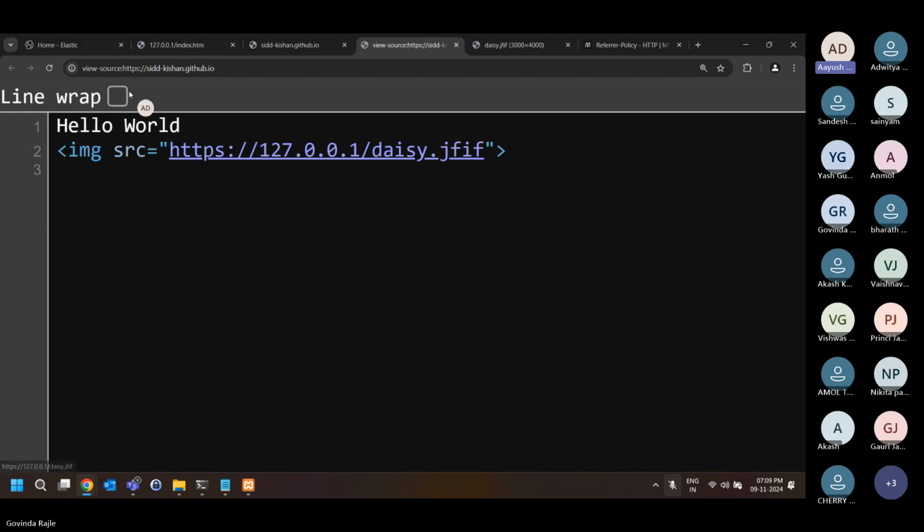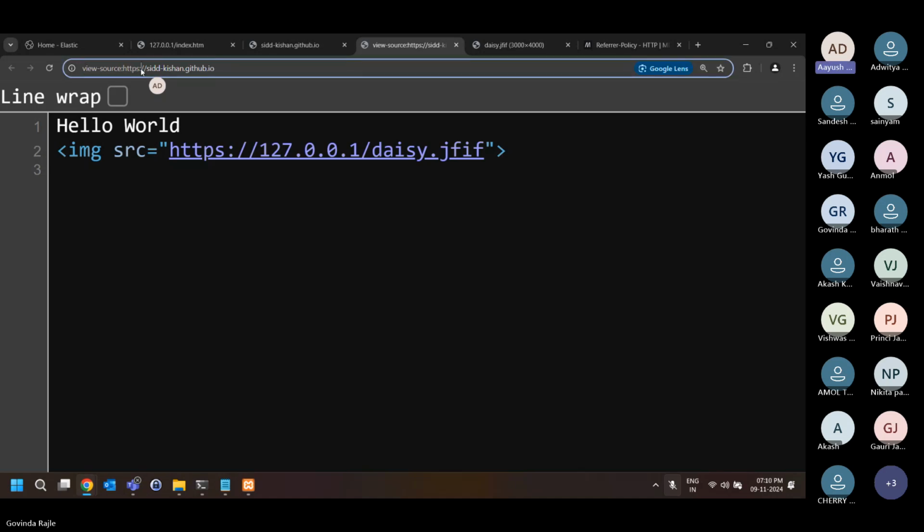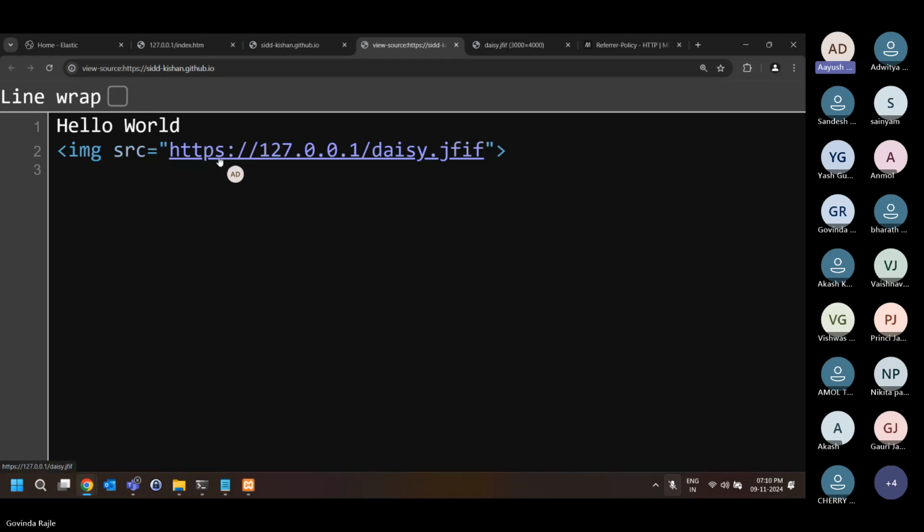It's a static website hosted on GitHub Pages, which uses HTTPS, and the resource it is trying to access locally is also HTTPS. Now, the content hosted on the CDN can be loaded with HTTPS or HTTP. So there becomes a possibility